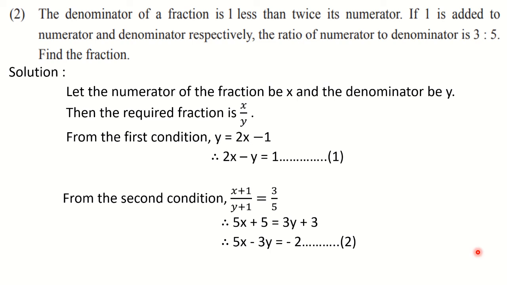I hope you must have completed it. Now I told you that observe these equations. Okay, what we have to observe? We have to observe the coefficients. Here for x it is 2 and 5. They are not same. And for y also it is -1 here and -3 here. So they are not same. So we have to equate any one coefficient. If we try to equate coefficient of x, we have to multiply both the equations. So better try to equate the coefficient of y.